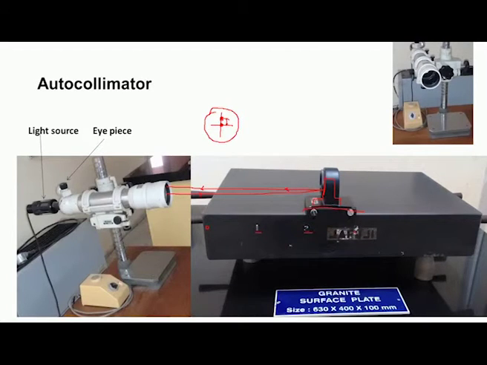It is very essential that before we start the experiment, the surface to be tested is thoroughly cleaned. If there are some dust particles, then the inclination of this reflector stand will change, which will give an error. So, it is necessary that the surface be cleaned properly, and the bottom of the reflecting surface also should be thoroughly cleaned.